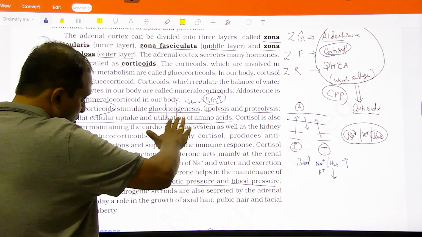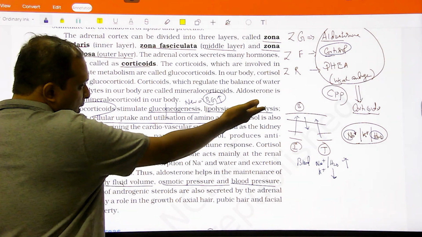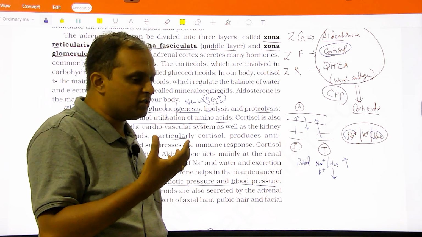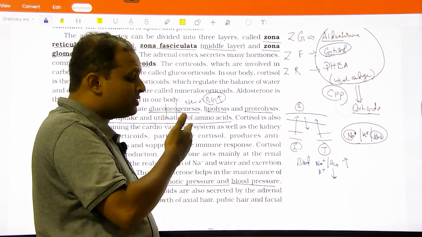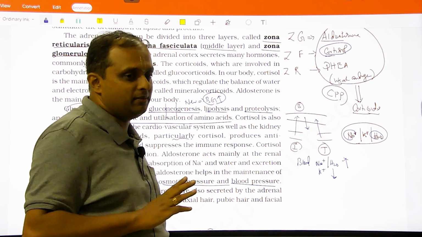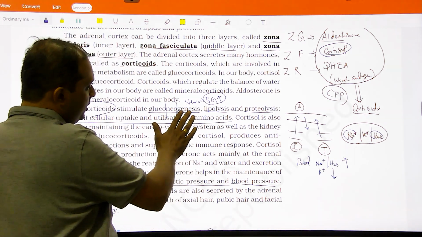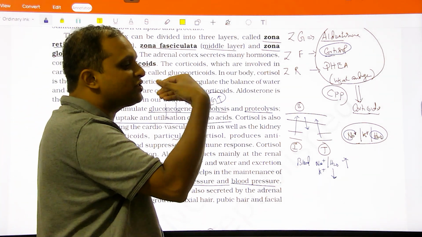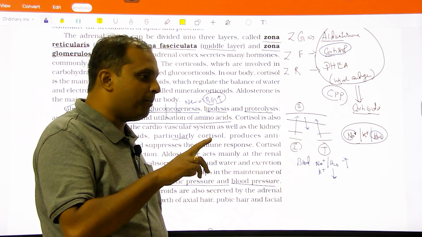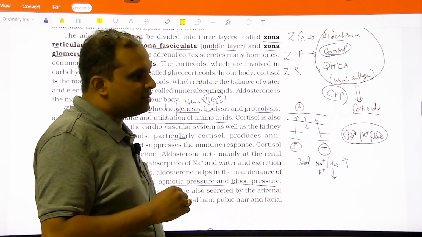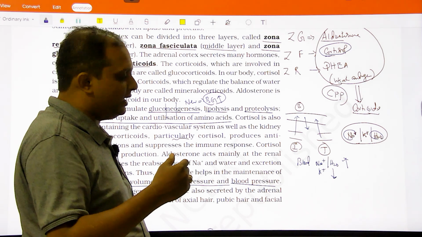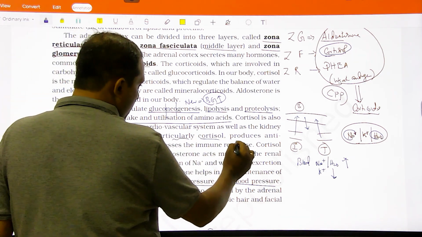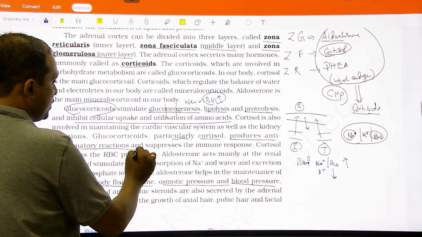It has other functions also, like lipolysis and proteolysis, but the major function is going to be glucose metabolism. Hence this is called a glucocorticoid. Many of the functions of cortisol with respect to glucose are not mentioned here. As you see here, glucose, lipid, protein, but glucose has a little bit extra mechanism of action compared to its role with lipid and protein. Hence it is called a glucocorticoid. Clear? And here they have mentioned particularly glucocorticoid, particularly cortisol, produces an anti-inflammatory reaction and suppresses the